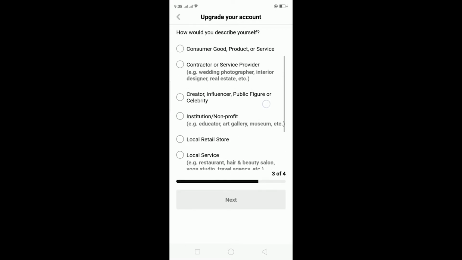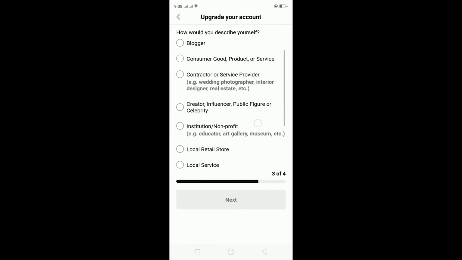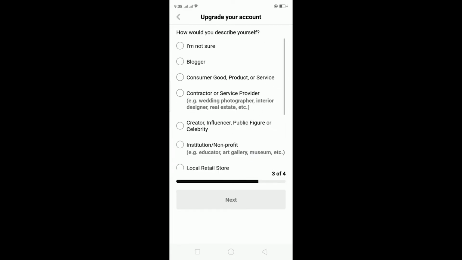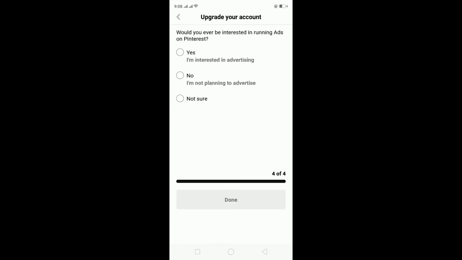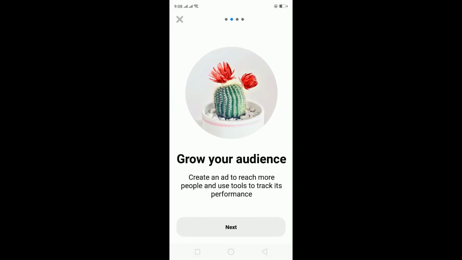Are you a creator, influencer, whatever you want, but if you do not know anything, you can just click on other or I'm not sure, and click on I'm not sure and click on next. Would you ever be interested in running ads on Pinterest? If you want to run ads on Pinterest, you can click on yes or no, but if you don't know, you can just click on not sure and click on next and click on done and click on next again, next again,